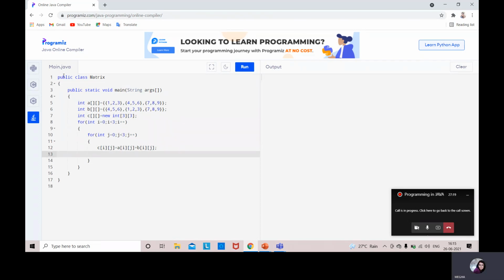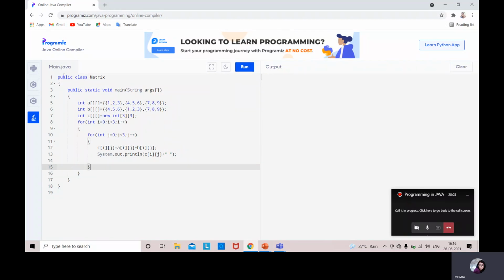After that we need gaps, like a proper orientation of how to print the matrix C. So System.out.print of C of i, j plus a space. For proper orientation only this is used, or else the numbers will be so close together that we won't feel good about the result.